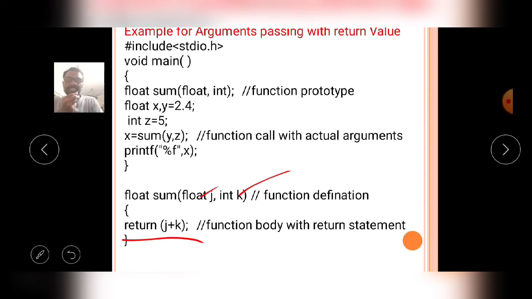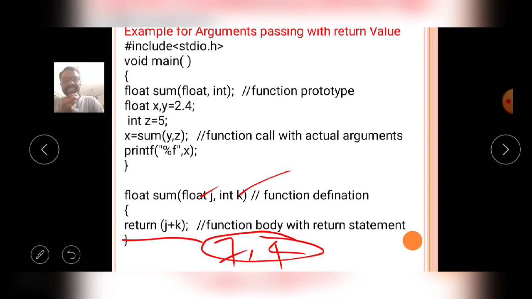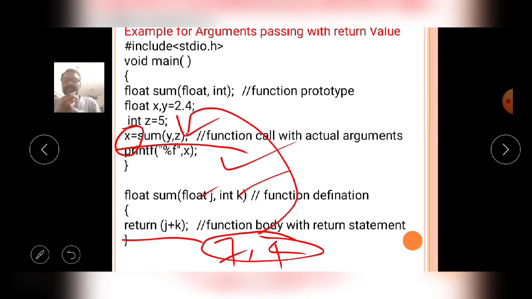The j value is 2.4 and the k value is 5, so the total is 7.4. The 7.4 value is written to the right side of this statement. Now 7.4 is stored in the variable x, then x is printed in the main function, and the program execution is stopped.